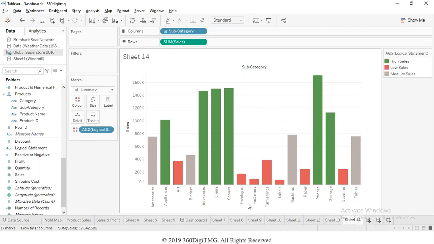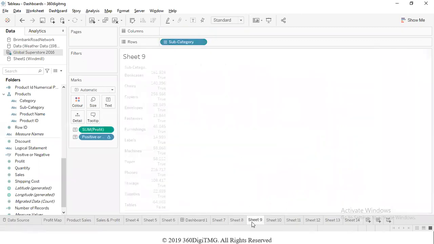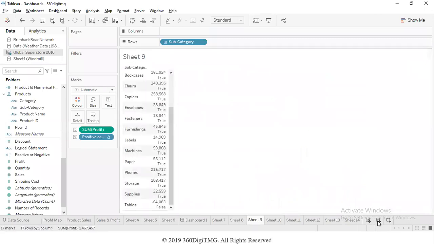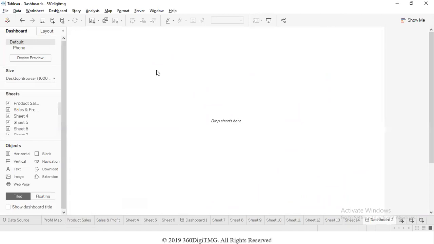Then these are all individual reports. All of them are individual reports which are created for different requirements. Then we create something called a dashboard. Now, a dashboard is actually the final report that we deliver to the client or that we would want to see.